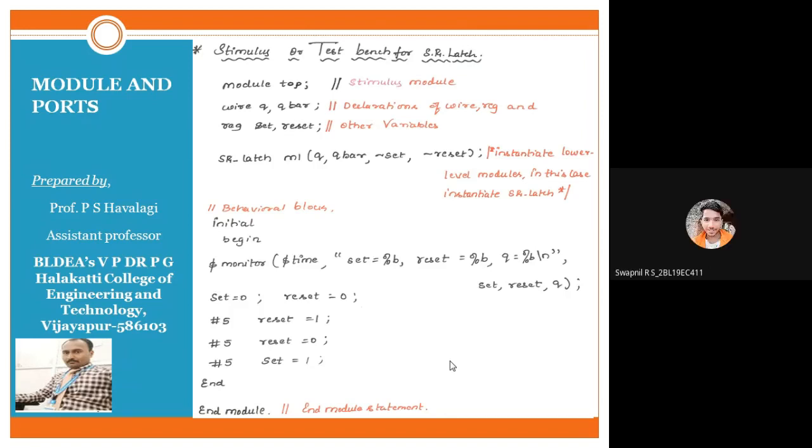Is it clear? Using comma, sir? Reset is equal to 1, yes, using comma. Using comma you can write it, or otherwise if you have not written, there is no problem. Previously whatever it is, it should be taken for the next also. Is it clear? Yes, sir. Next, any doubt? No doubt regarding the test bench?